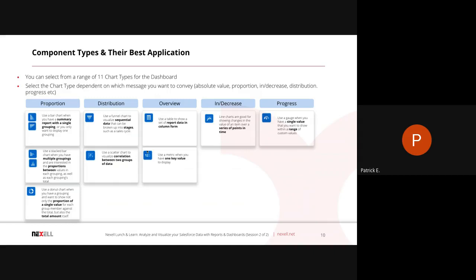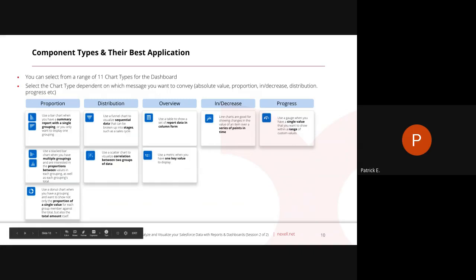Okay, and what I did, I divided these formats that you have into certain buckets. So for example, for proportional, you take the bar charts, but also the donut charts. But one thing that I really like is, for example, on the very right side, the progress chart type, because this gauge really looks like an instrument panel in your car, and it can really show the progress of one variable towards the goal. Okay, for example, leads followed up this month, for example. Okay,